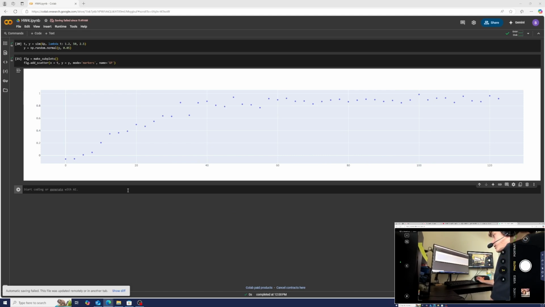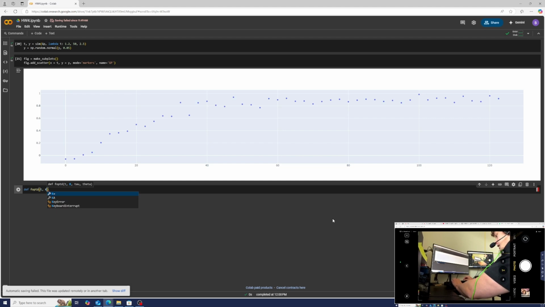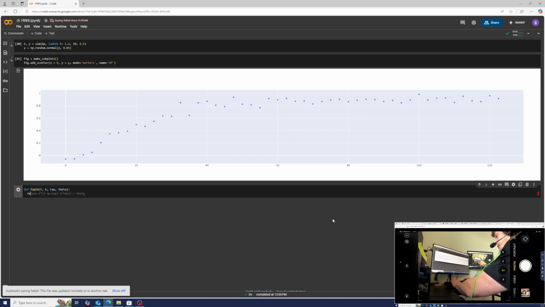For the next part of homework 4, we're going to be fitting our data to a first order plus time delay model, and by doing this we will be able to then generate a line of best fit by minimizing our sum squared error of our synthetic data. So we'll define our first order plus time delay model as a function of time, our k values, our tau, and our theta, which is going to return